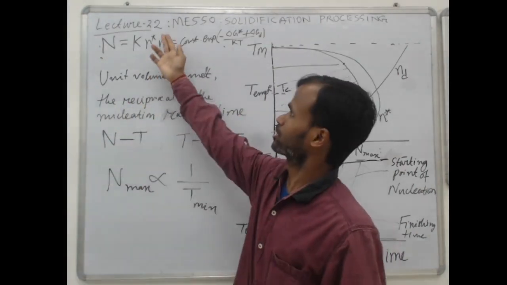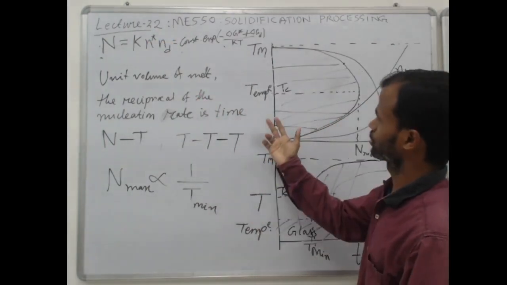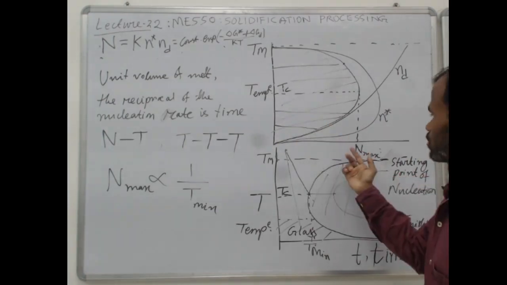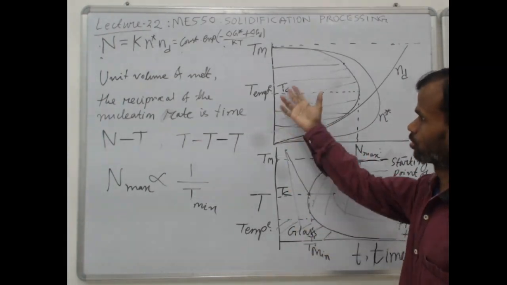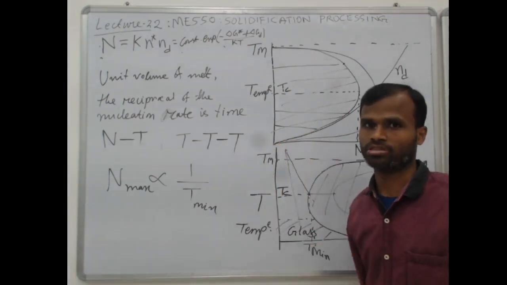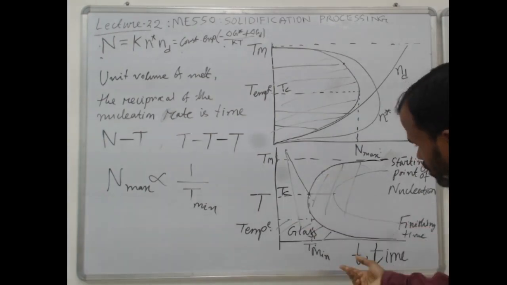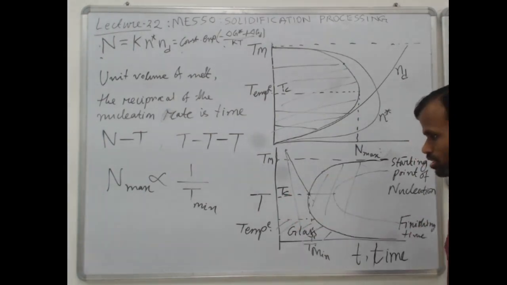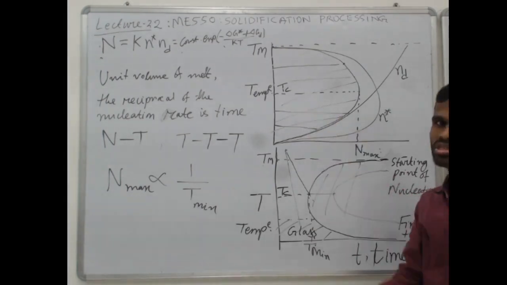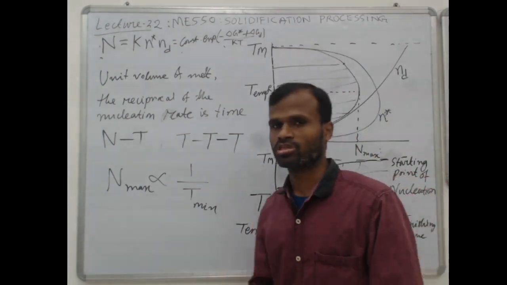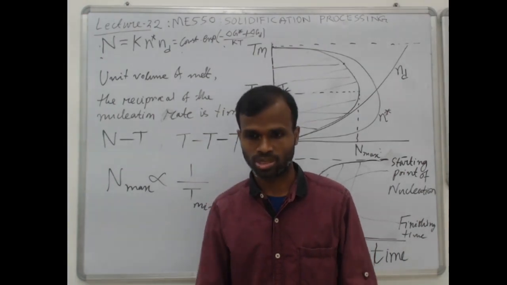Today, this is lecture number 22. In the last class, we had discussed the nucleation rate versus temperature diagram, which we got from the theories of nucleation. And then we discussed how to get the time temperature transformation diagram from the nucleation rate versus temperature diagram. And we said that in this class today we will be discussing the TTT diagram of some iron carbon